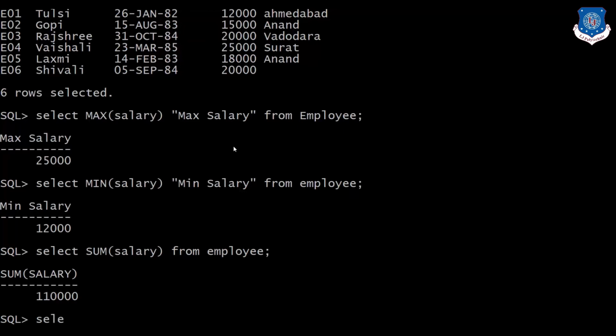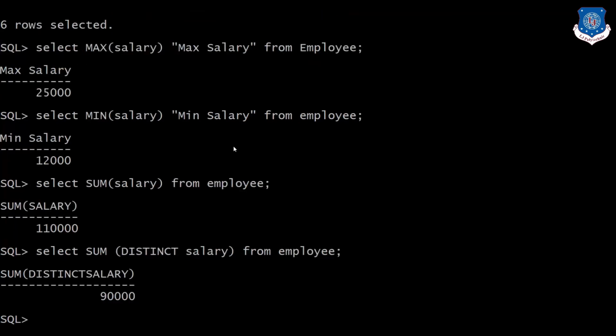For that we have select sum distinct salary from employee. So it will eliminate the duplicate records.